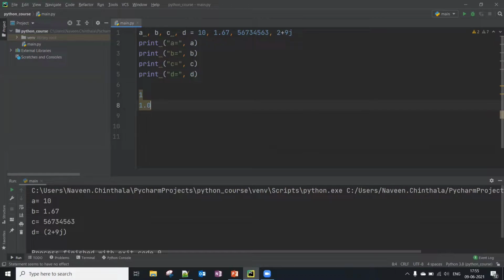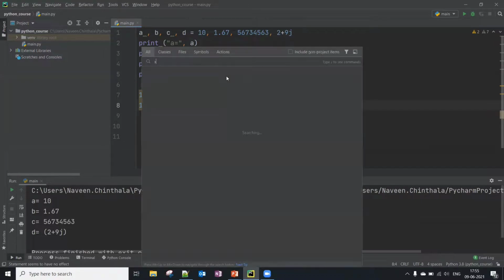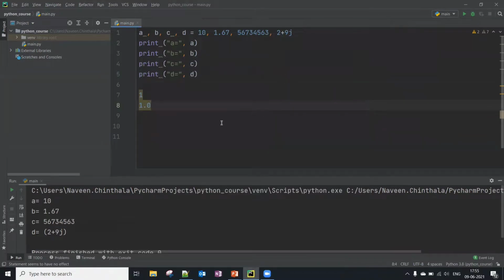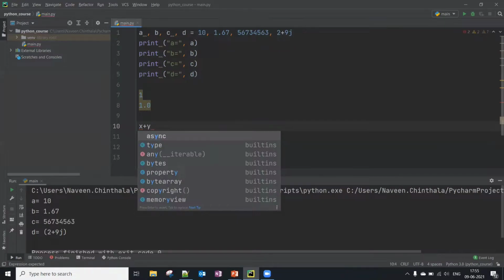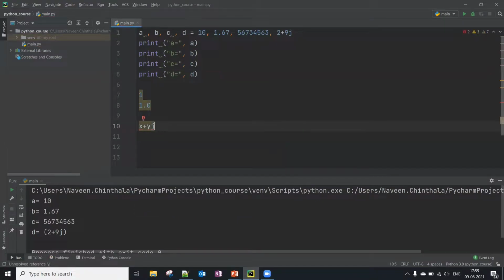Complex numbers are written in the form x plus yj, where x is the real part and y is the imaginary part in this expression. And if you see here, it displayed the a value, b value, c value, and d value at the same time.